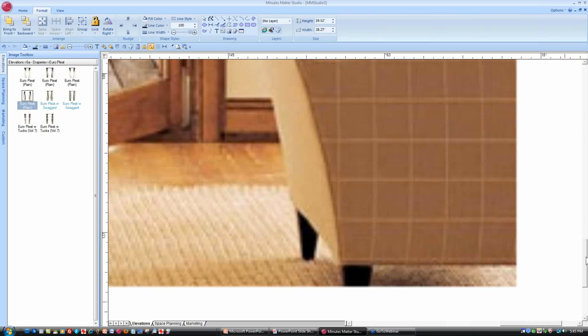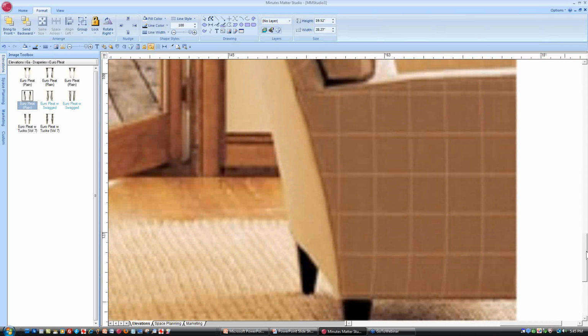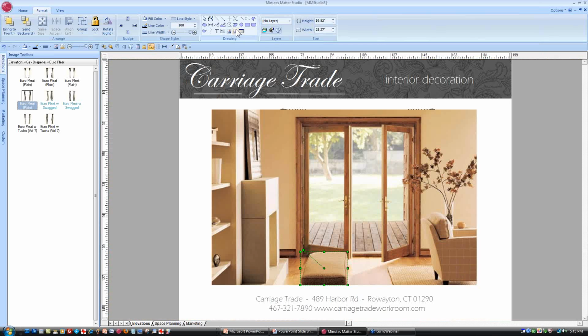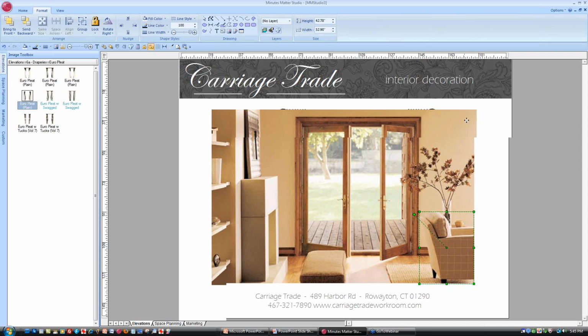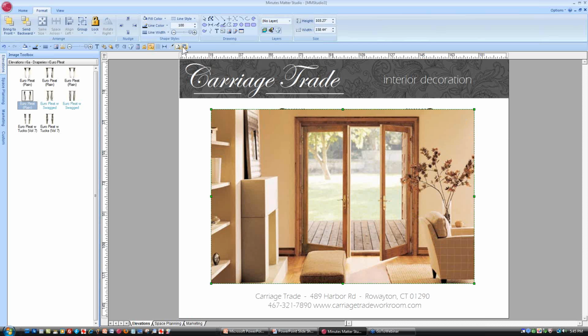Now we'll go over to the chair here. Let's zoom out a little bit more. And we will trace the chair. I'll do this very quickly. And back up, double click. So we don't have to move anything. If this happens, just click on it again. And finally, we'll do